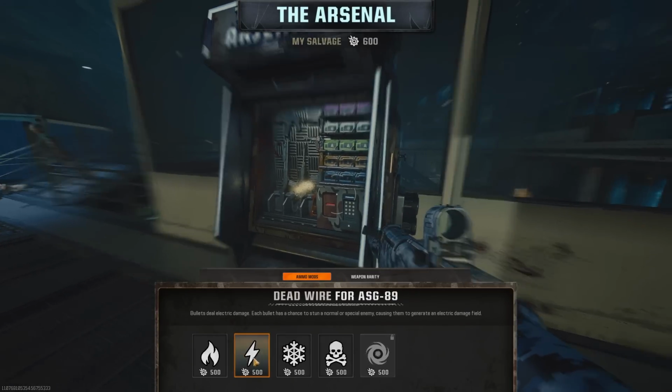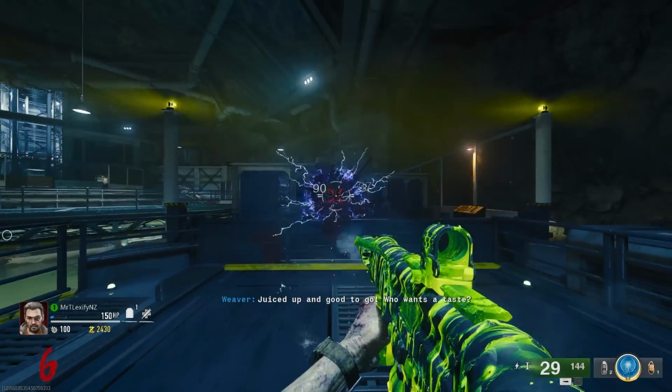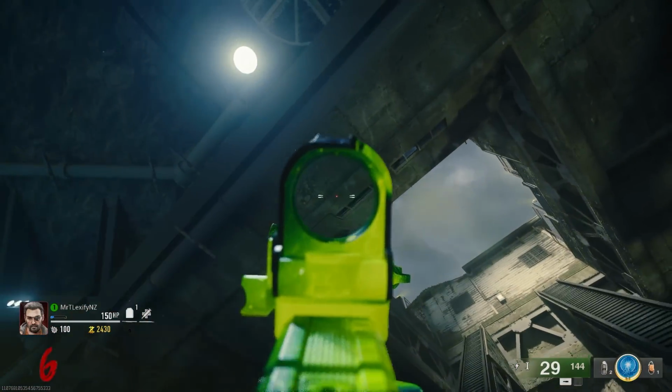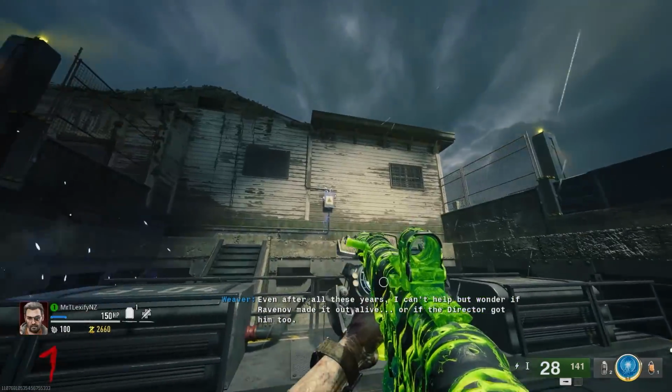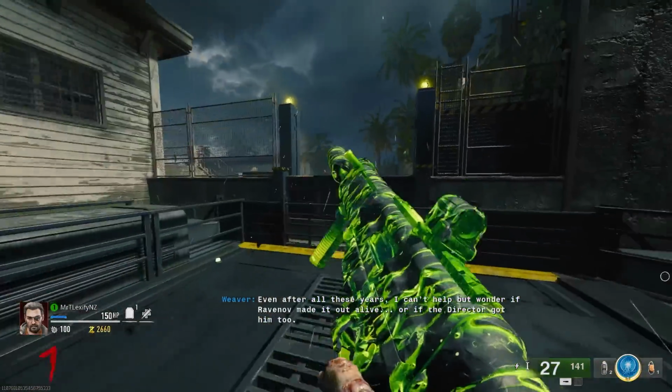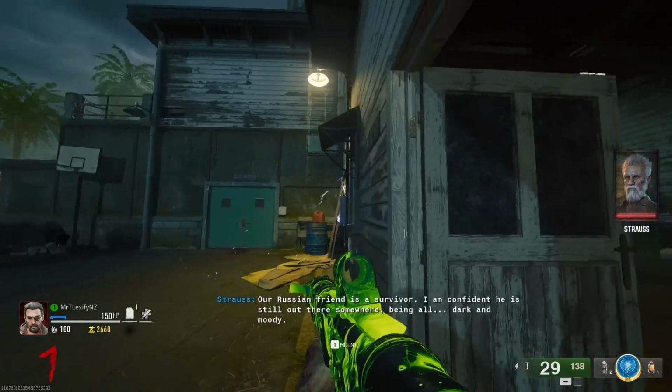Make sure your weapon is green and get the dead wire attachment. And then once you have dead wire, go back to the pack punch, maybe even upgrade your weapon and go up the lift. Now you're going to see these power boxes. Shoot them all before you are timed during this. You can do this multiple times on the lift, and then go towards the second amp unit you were at,